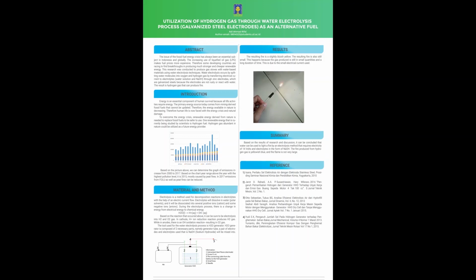And then number two is a 15 centimeter screw. The screw connects to the battery for the electric power. Number three is a cable from the battery to the 15 centimeter screw. And then number four is a small hose for the hydrogen gas output. And number five is a needle. It is for the hydrogen gas output,